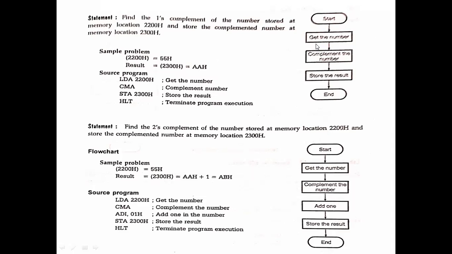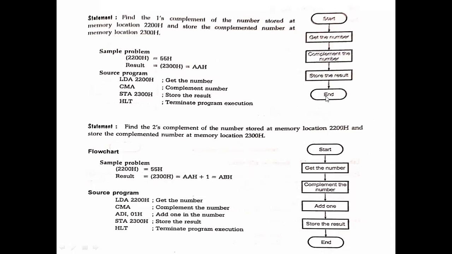Here in this problem, it is mentioned that the number for which we have to find out the ones complement is available at a memory location 2200. And after doing the ones complement, we have to store the complemented number at 2300. So at 2200, we have a number 55, and the result has to be stored at 2300. So first of all, what we will do, we will take the number, and then we will do the complement of that number, and then we will store the result, and then it will be the